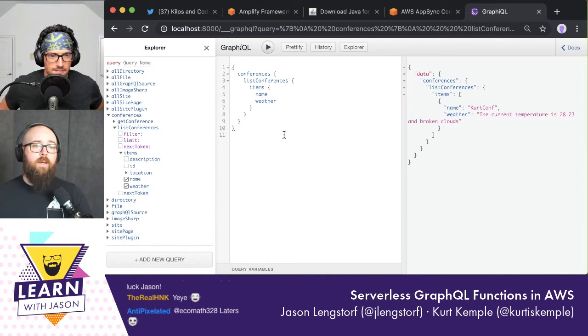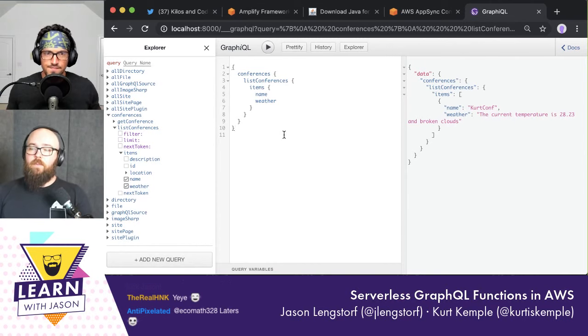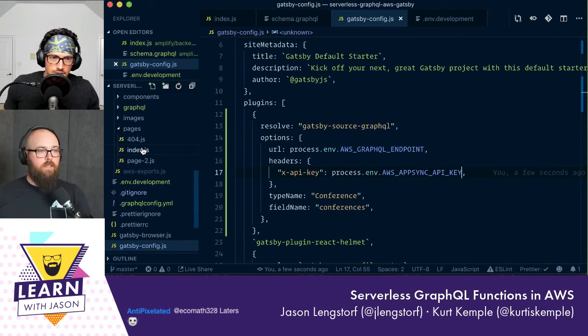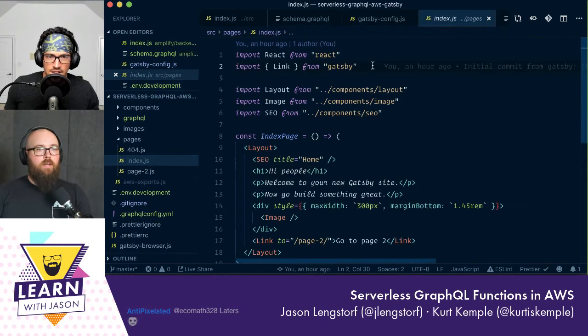So this is sick, man. All right. So we've got ourselves a working endpoint. We're pulling it into Gatsby. We are able to build things from it. So let's, I guess, do that. Let's pull it in. I'm gonna pull in